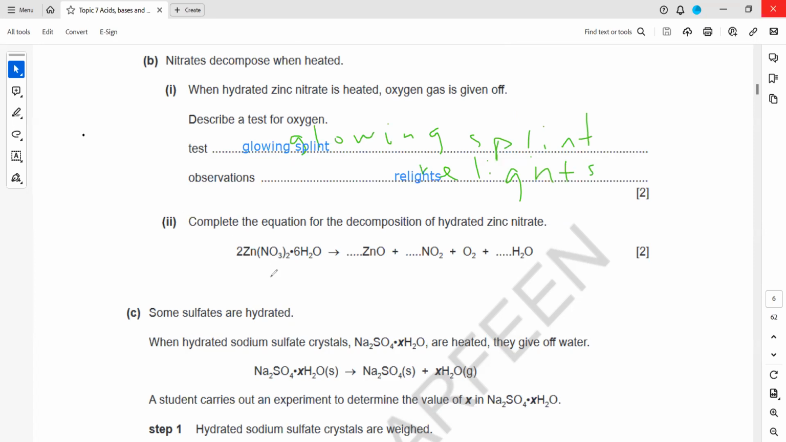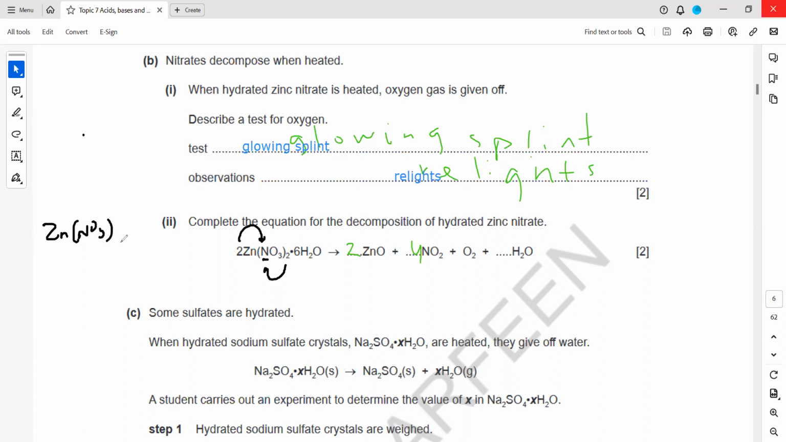Then we have to balance this equation for the decomposition of zinc nitrate. So this 2 is there, so definitely 2 with zinc. Then for nitrogen, this 2 multiplied with this 2 is 4. Nitrogen is 4, not 2, because this 2 is multiplied with all of them. So it should be 4. Then try to balance hydrogen. But how many hydrogen are there? Look,